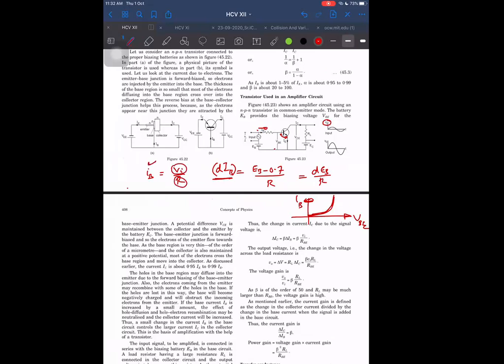And we are interested in the fluctuation. We wanted to amplify the signal. We don't want to amplify DC. What is the advantage of amplifying? If it is 5 millivolt, what is the advantage if I make it 5 volt? Am I serving anything in this? No, because it has no information in it. If I give a constant voltage and I make it 1,000 times larger, then I'm not serving any purpose. I can take a battery itself which is of 5 volt. Why should I just amplify this only?